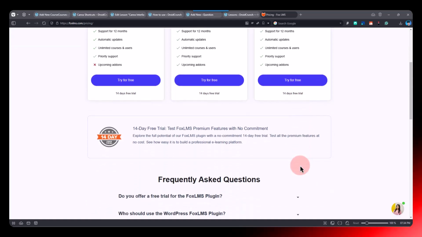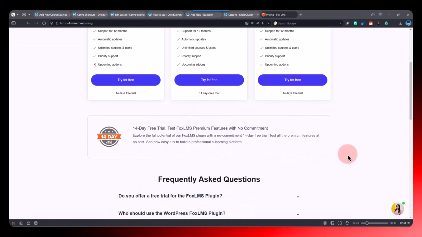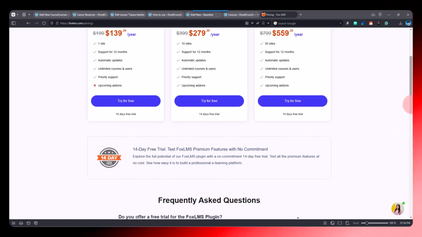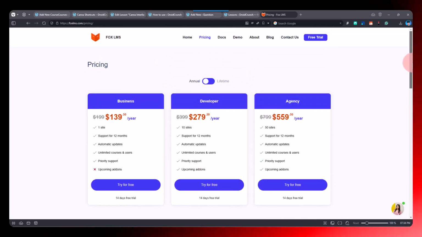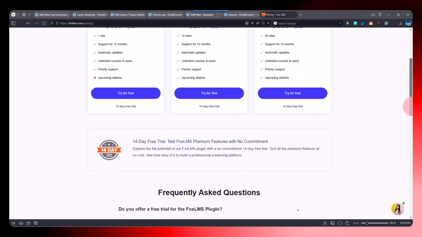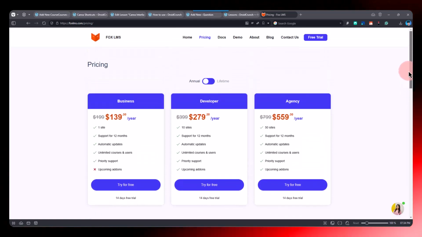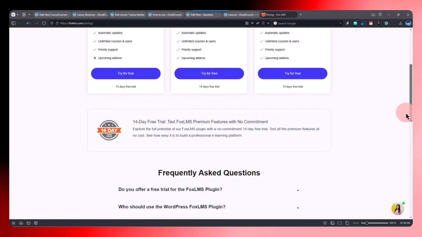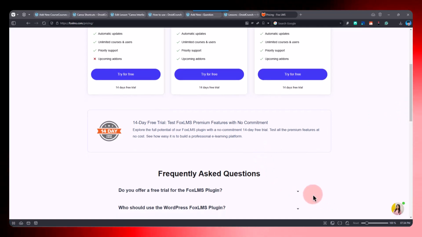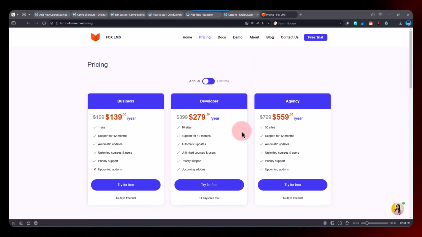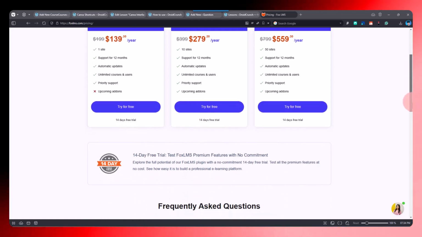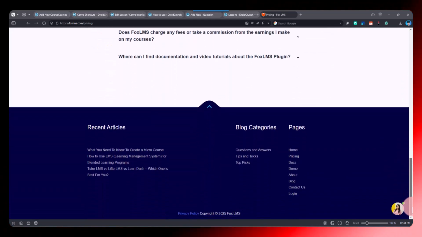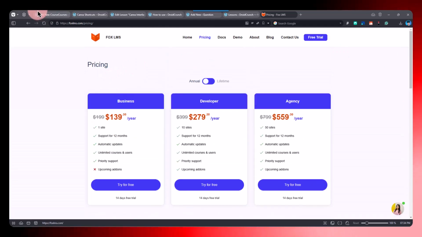You can also request a refund if you are not satisfied with what they have said about their plugin. Definitely you should try it if you want to have a website with a course creation system, and if you want to manage or sell courses, you can try FoxLMS, because you can easily get a refund if you're not satisfied. And I have already shown you a lot of things in the video, and you can also make a decision after that as well. This is scalable and can be very useful for your business,